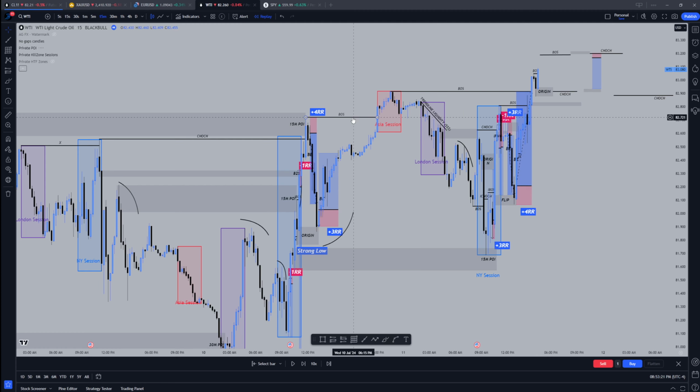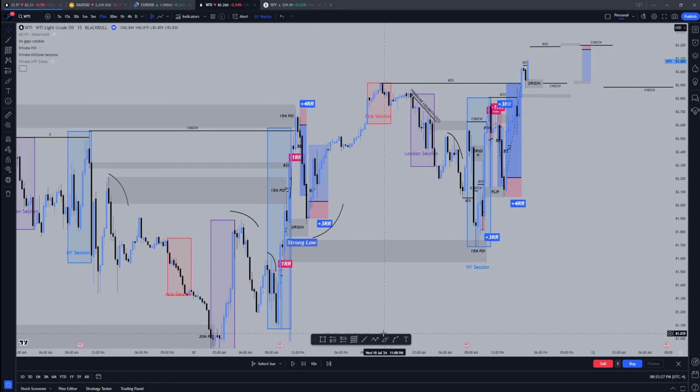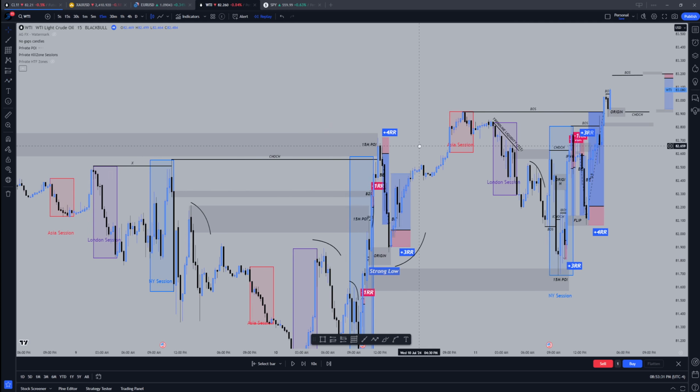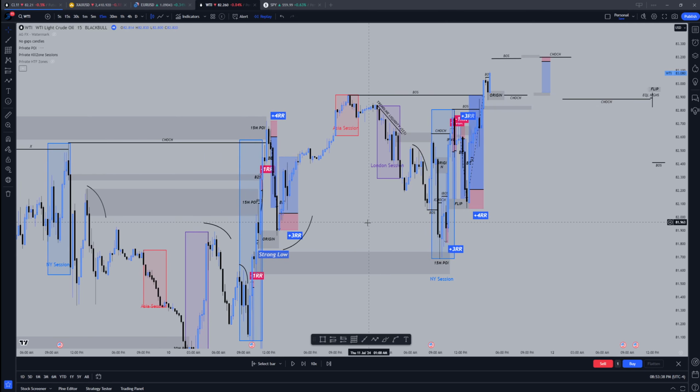This is inducement. So technically, you don't necessarily mark that as a break of structure. This is a break of structure on low time frame, not on the higher time frame. In terms of high time frame structure, this is inducement here. So I think that's why I left out that break of structure there. But we would have known that was a weak high. So right here, what happens later